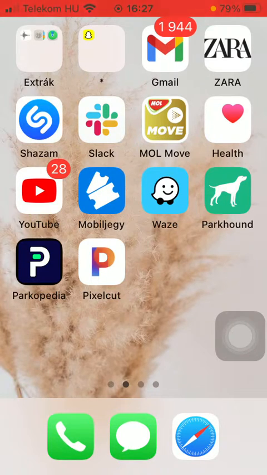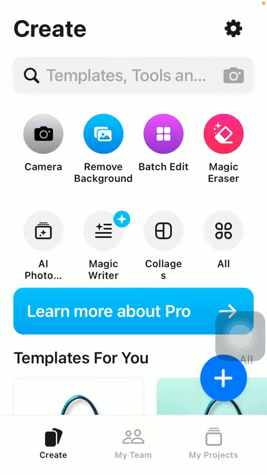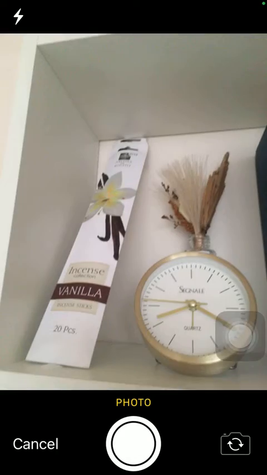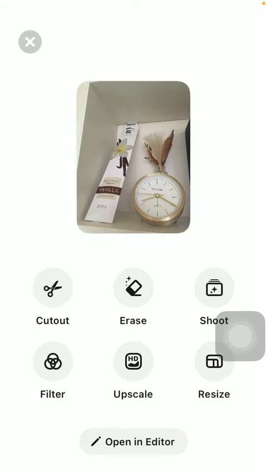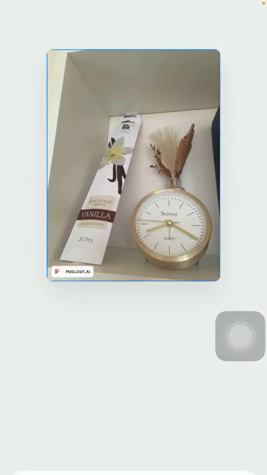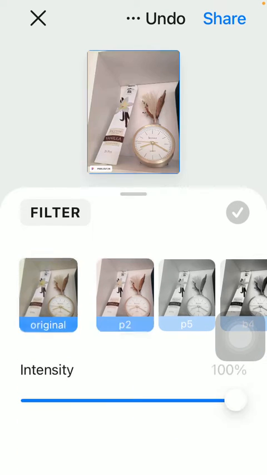First of all, open the application on your phone. Then tap on the create button down below on the left side corner of the screen and click on camera. After that you should take a picture with your phone and click on the use photo button down below on the right side. Then tap on filter and here you will be able to see the available filters that you